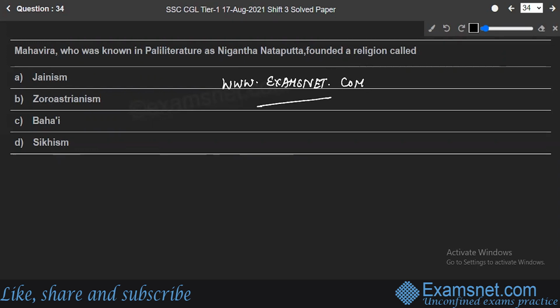Okay, so now let's read the question 34. Mahavira, who was known in Pali literature as Nigantha Nataputta, founded a religion called Jainism, Zoroastrianism, Baha'i, or Sikhism. Which is the correct answer? Well, Jainism was established by Mahavira. Jainism is an ancient religion from India that teaches the way to liberation and bliss, to live a life of harmlessness and renunciation. The three main pillars of Jainism are ahimsa,